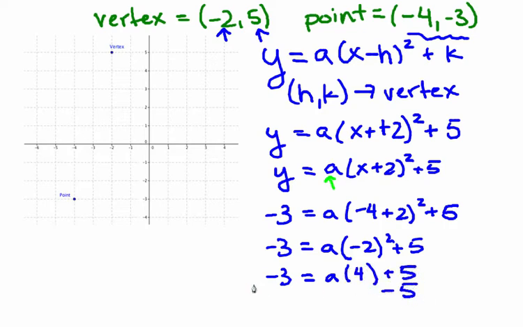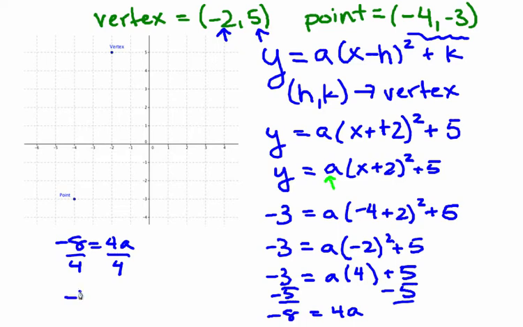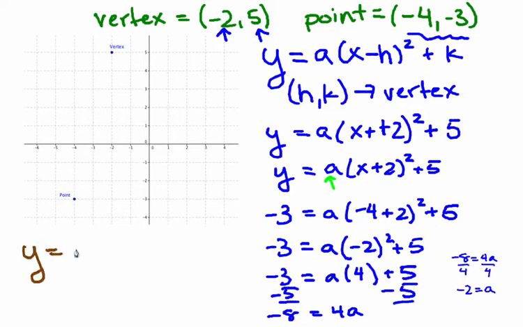I'm going to subtract 5 from both sides. We'll get that -8 equals a times 4, or 4a. So if -8 equals 4a, dividing by 4 on both sides, -2 must equal a. So if a is -2, that means the general equation for our quadratic is y equals -2 times x plus 2 squared plus 5. If you wanted to write that in standard form, or if you were asked to write that in standard form,